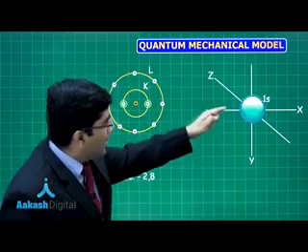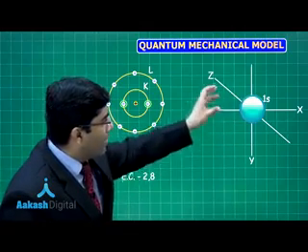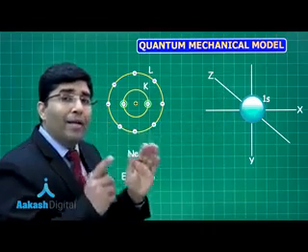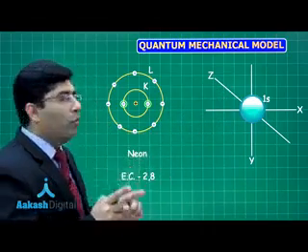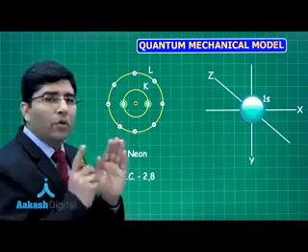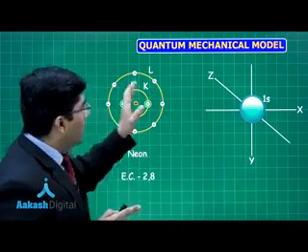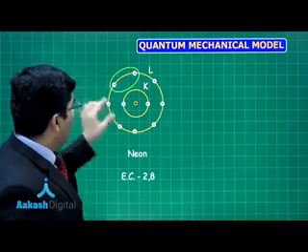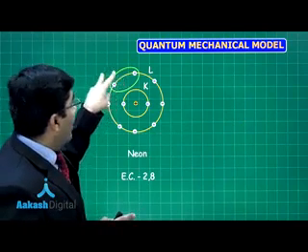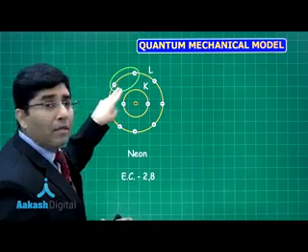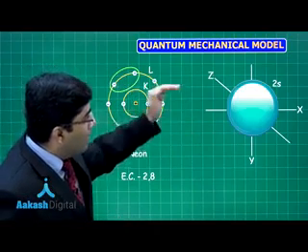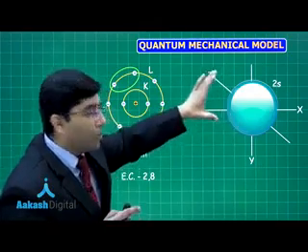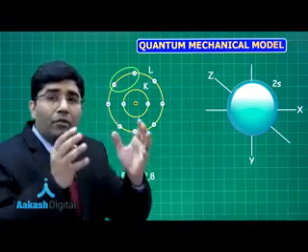The nucleus is at the center and the electrons are moving in this 1s subshell somewhere here in a spherically symmetrical path. They are not moving in a circular orbit. That is wrong. They are moving in a spherically symmetric path. Now let us talk about these 8 electrons. These 2 electrons in the L shell are not moving like this. They are moving in the second shell, in the subshell 2s, in a spherically symmetrical path which is just above 1s.